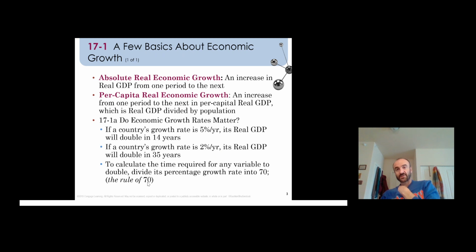And the formula is simple: 70 over 5% gives you 14 years. That's the doubling time for India. 70 over 2% is 35 years. That's the doubling time for the United States. So you see that the difference in